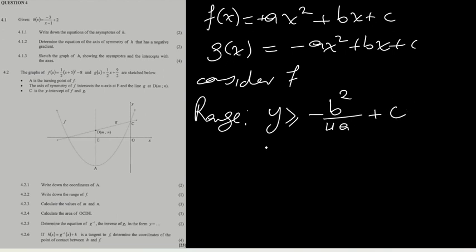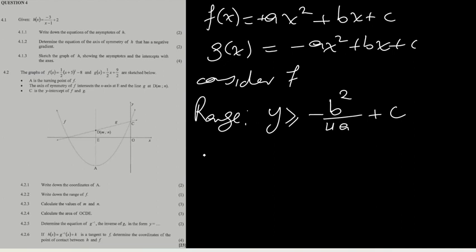This formula will give you the y coordinate of the turning point. I will show you how in this video, and I will do question 4.2.3 on the following video,